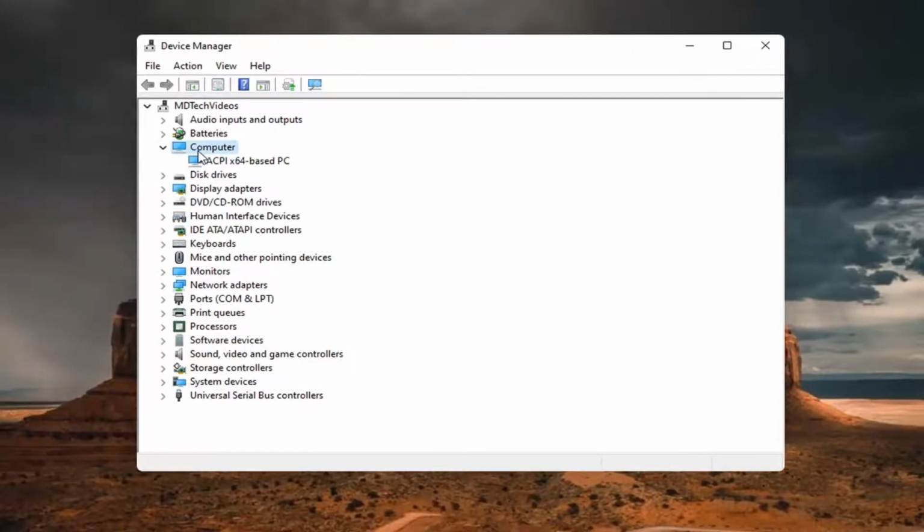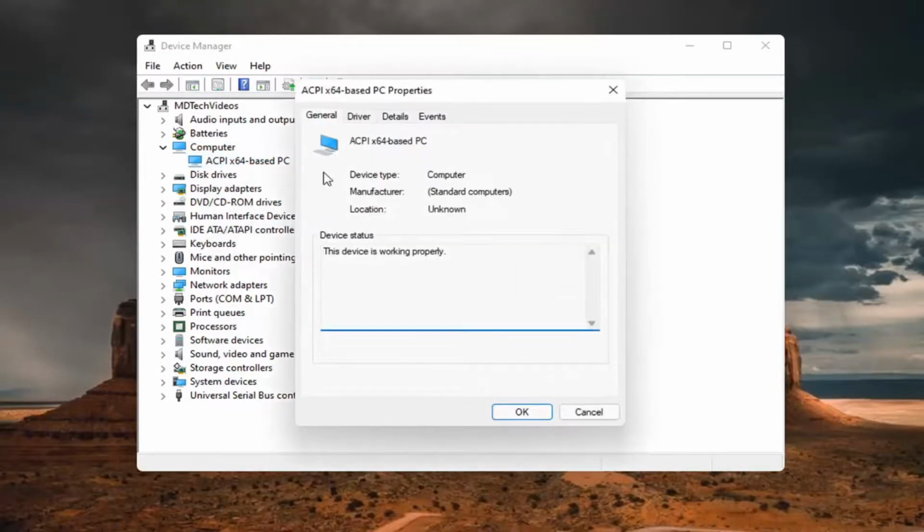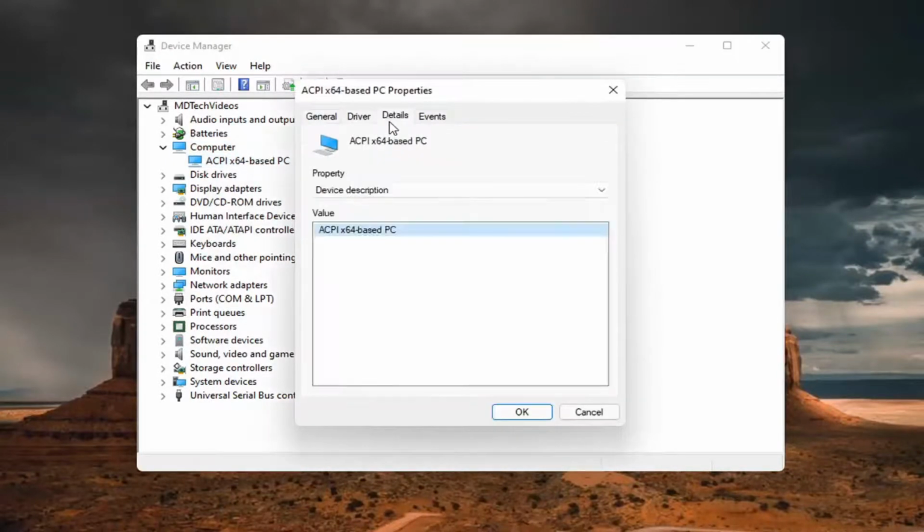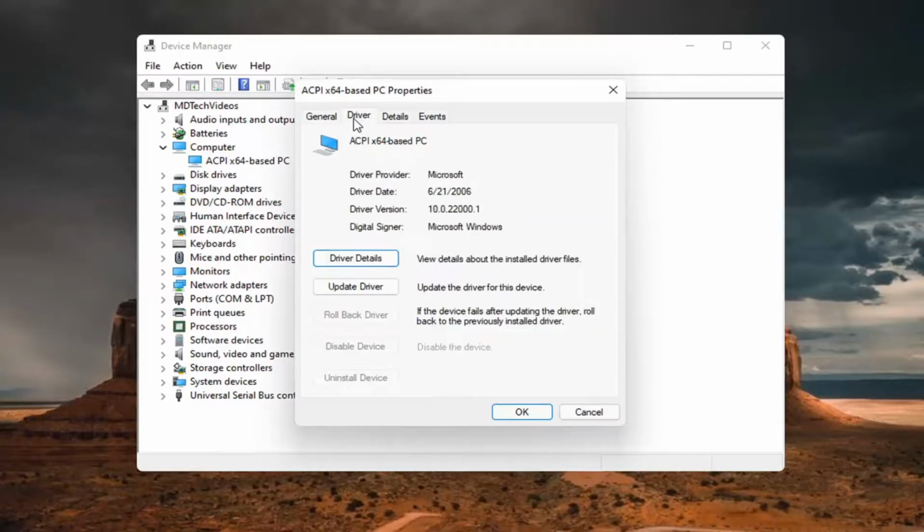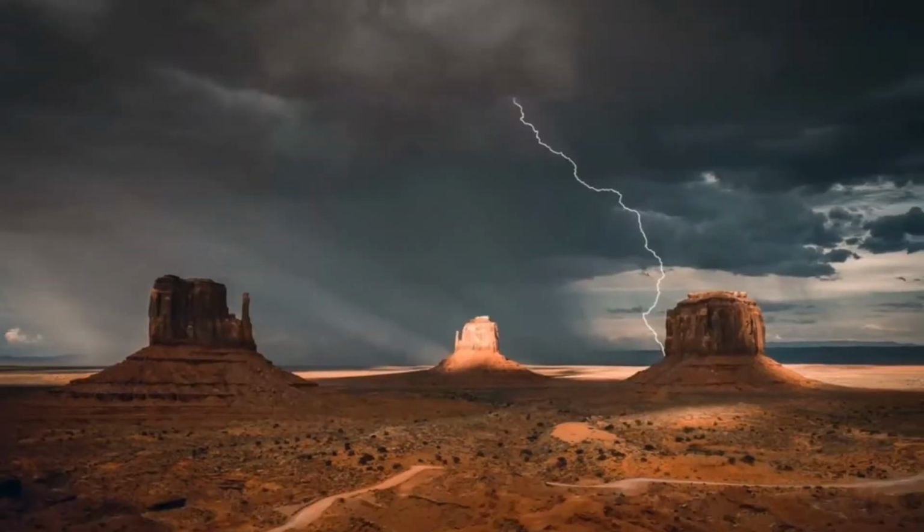So again, if you had a camera, you'd expand it and then right click on the item under it, select Properties, and then you would select the Details tab, and then you would select the Driver tab, and you would select Disable Device. So that's an alternative way of doing this as well. So again, pretty straightforward process here,